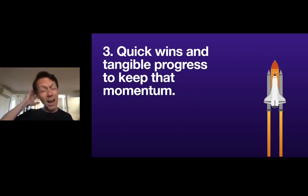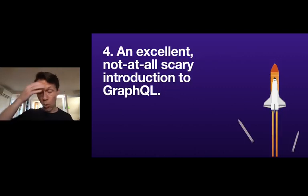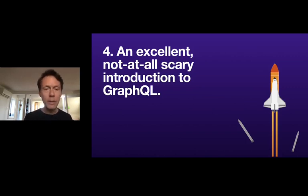I had worked with RESTful APIs before, but I had never touched GraphQL. You guessed it, this is number 4. Working within a Gatsby project made for a really great introduction to GraphQL. This comes back to the ease of getting started with Gatsby, right? You type gatsby new in the terminal, and you've got a working thing already, and you can just start making